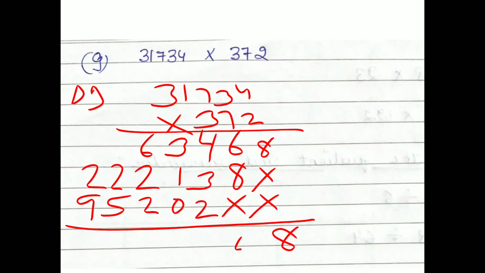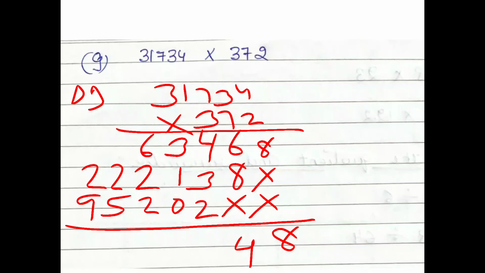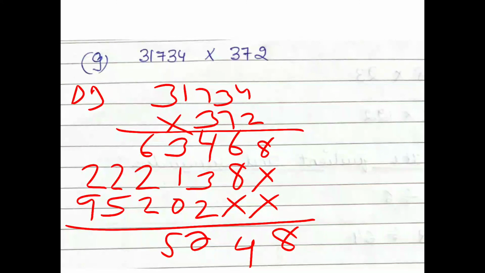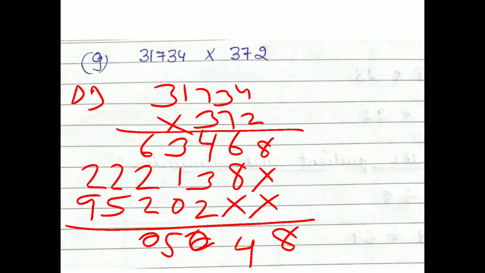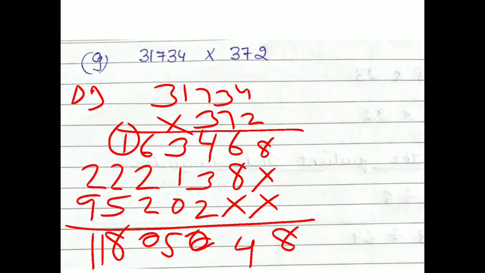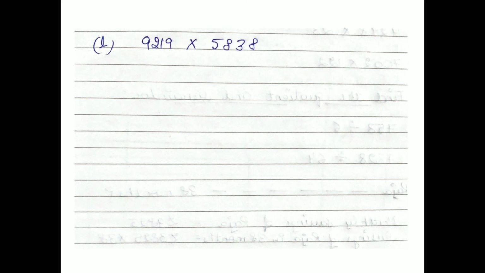6 plus 8 is 14. 1 up 10. 3 4 5. 6 or 2 plus 2 is 10. 5 6 7 8 11. So answer is 11805048. Now we do L part. L part is